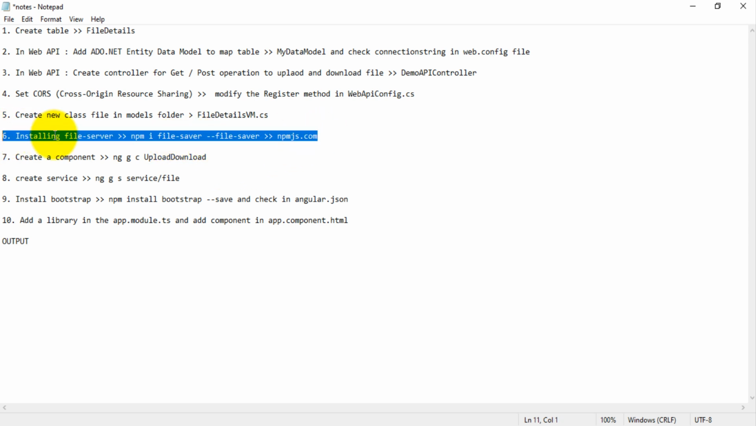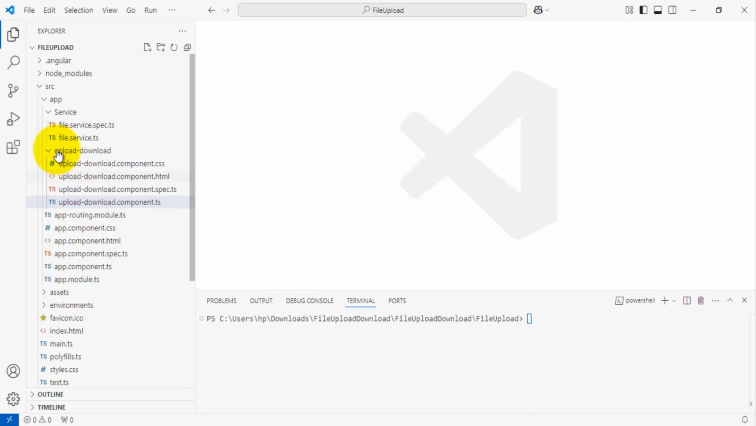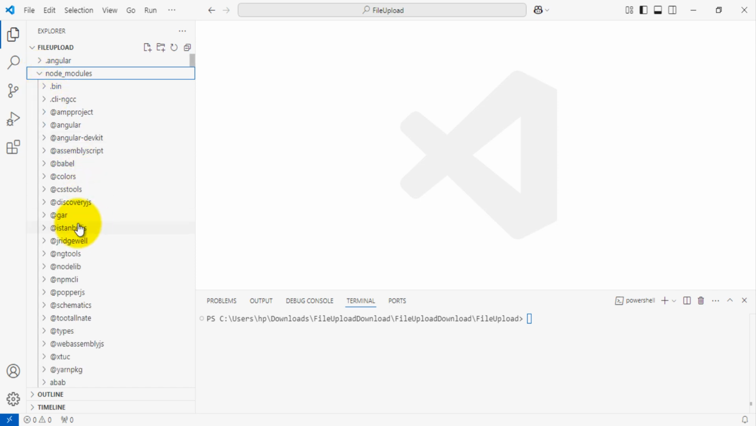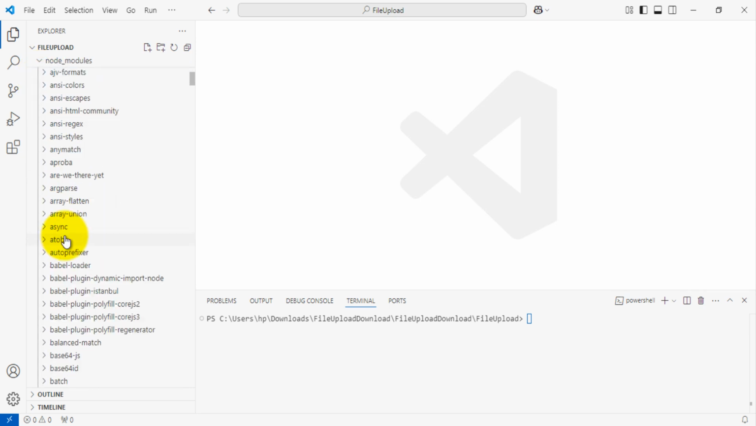So this is the command npm i file-saver --save. Using this command we can install it. You just go to your VS Code. This is my Angular project. Go to your terminal, and here you'll type this command and it will download the file-saver.js file. Once it is created, you'll go to your node_modules folder,